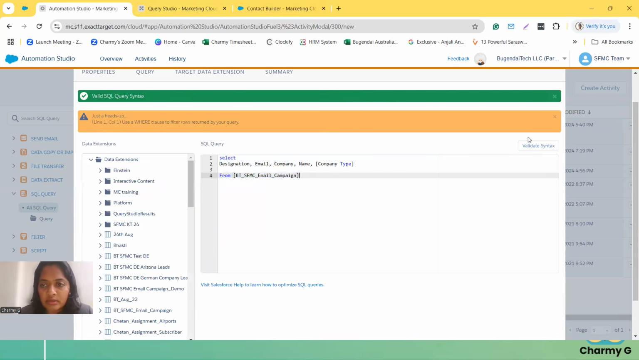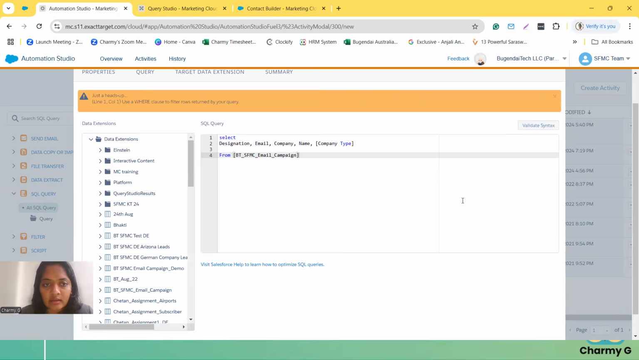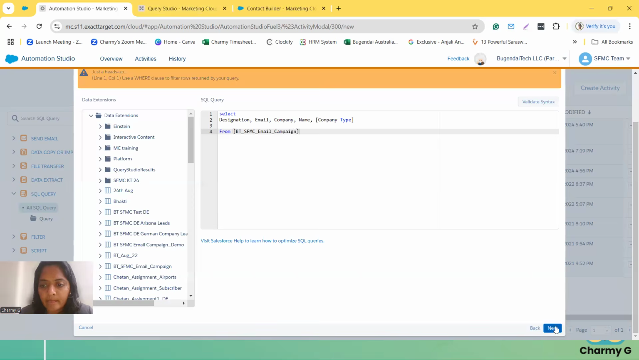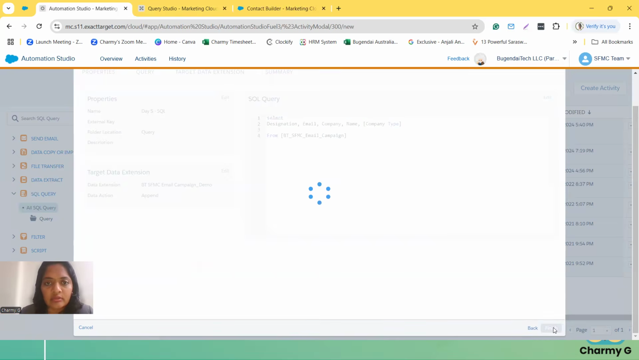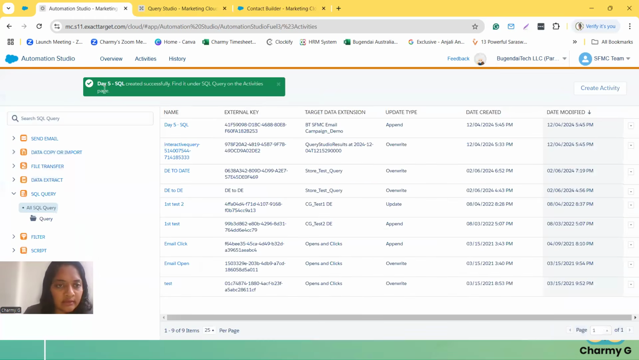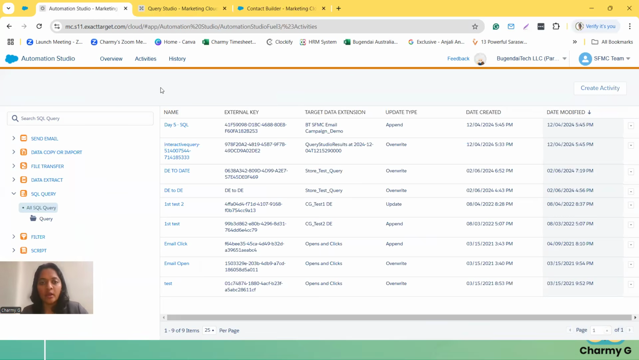I will copy paste it here. I will validate once again. Then next, this is the correct information, and then finish. Let's see. Done. So this is how the error will come. Okay, so that red dialog box will come, and then you can see your query is